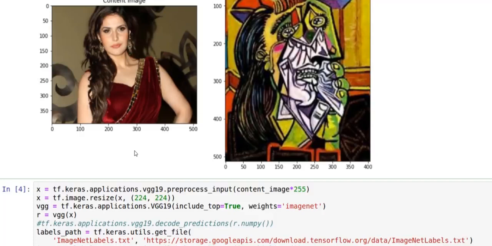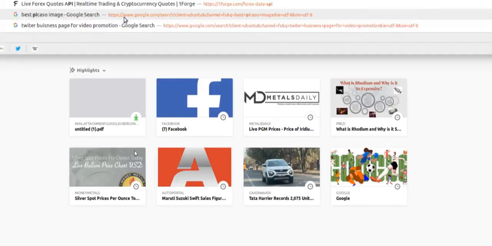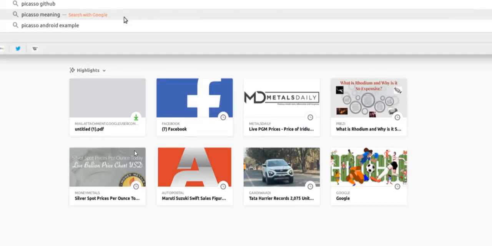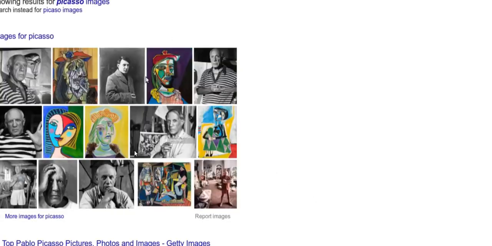Let me download some fresh images from the internet so that you will understand how things go. So for style, I should type Picasso images. So I get a Picasso style image.